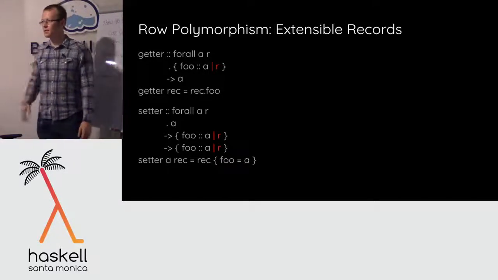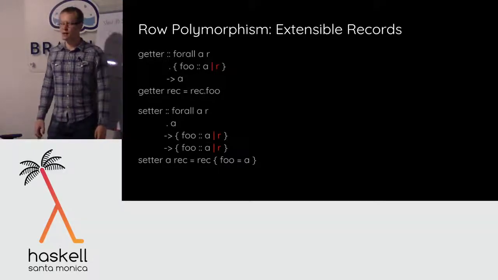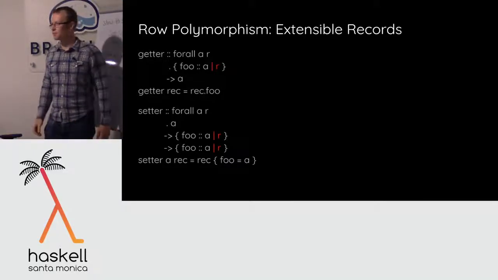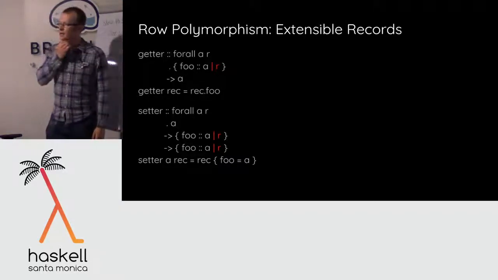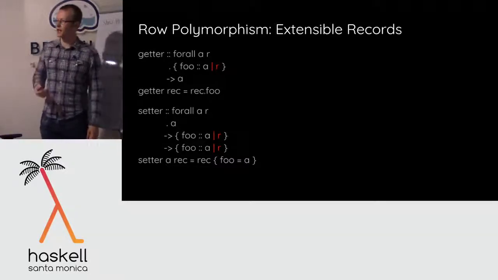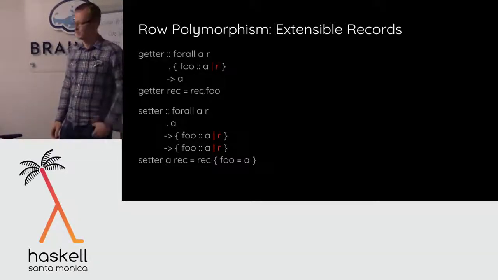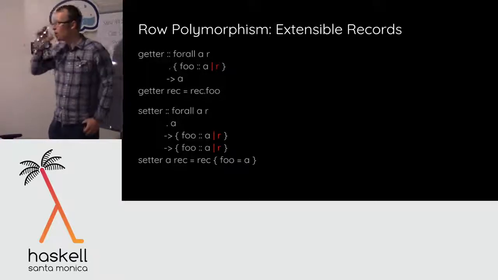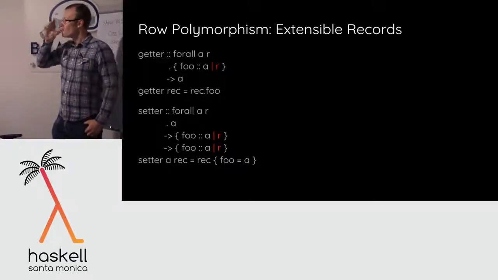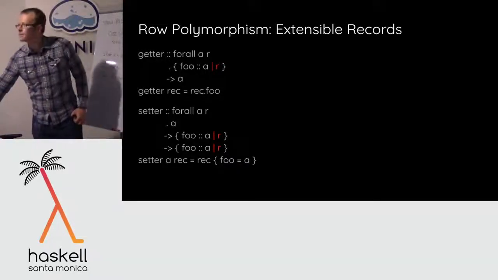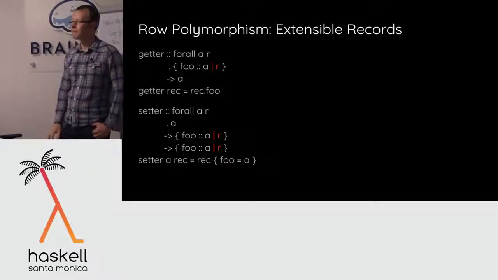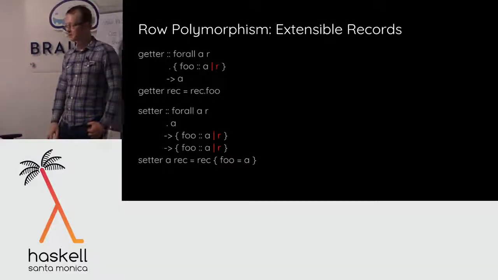One of the things that you might want to do with records, you can't give a nice type to, unless you have some sort of constraints on your rows. But is it addition? Oh, okay. Yeah, like pure addition, not like updating. Because you only have one value at a specific label. If you want to add one, you have to first check that it doesn't already exist in the record, because if you just indiscriminately extended it, then it would think it still had two labels, but you only have one. Yeah, that sounds right. Thank you.